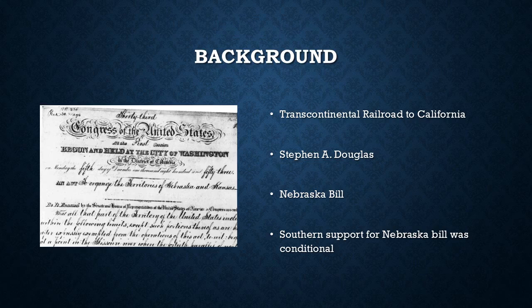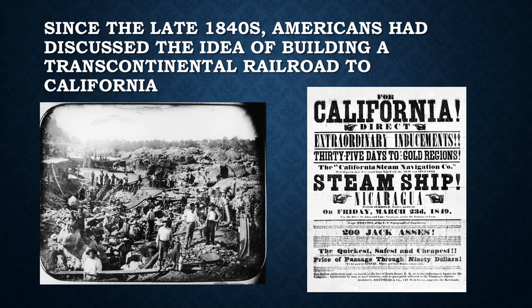Specifically, transcontinental railroads linking the eastern half of the United States to California. Now look, Americans in the 1850s began, for the first time in our nation's history, discussing the need and the idea of building a transcontinental railroad to California. This discussion began because in 1849 gold was discovered in California, and the only way for